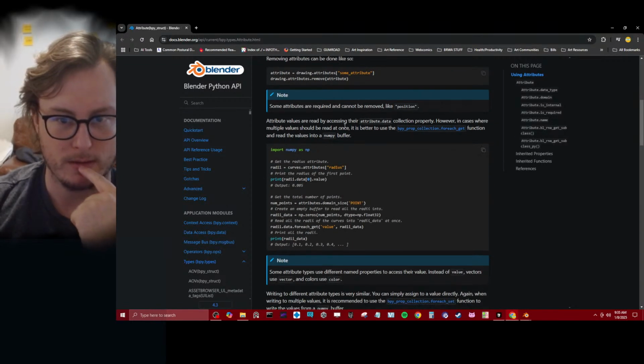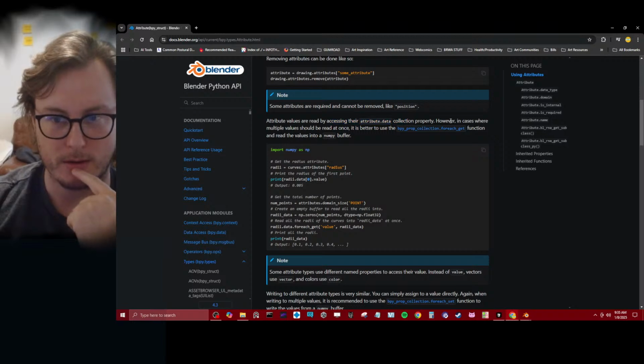Point removing attribute.data collection property. However, in cases where multiple values should be read at once,